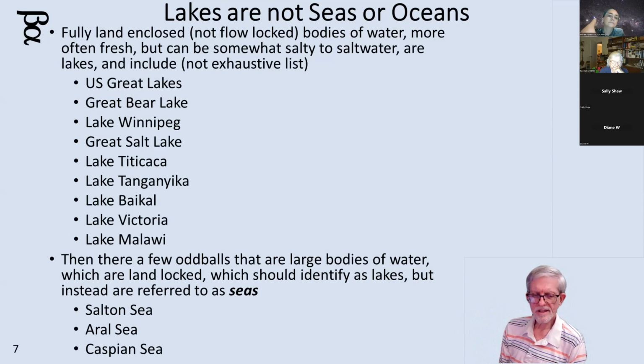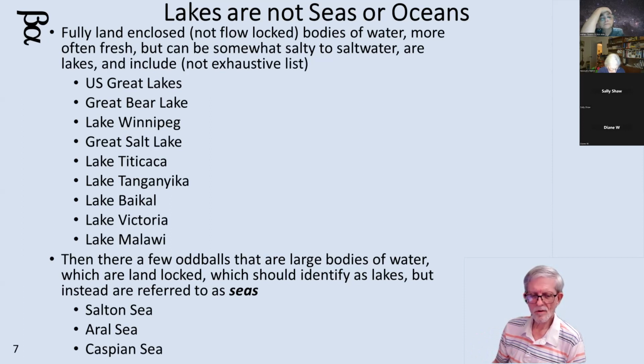But there are other lakes on other continents, like Lake Baikal and Lake Victoria and Lake Malawi. Lake Malawi and Victoria are in Africa. But there are 3 lakes that are landlocked. They don't have much in the way of flow from the oceans, except if the glaciers ever melt and the water comes into California from the Pacific Ocean, then the Salton Sea will get more water. The Aral and Caspian Seas are inland seas in Russia.